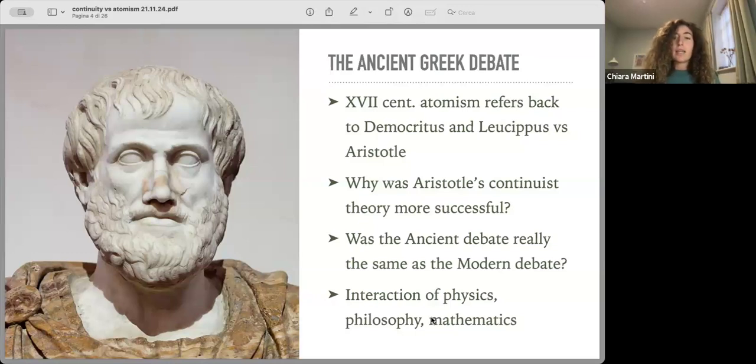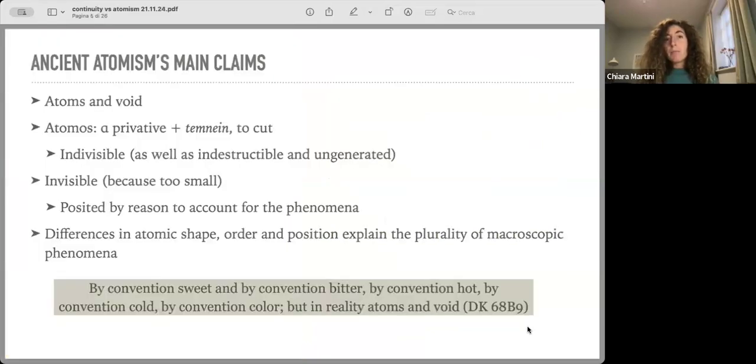And in so doing, I think we might find an occasion to think about the interaction between physics, philosophy, and mathematics, and how our presuppositions about how these disciplines should look influence the content of our theories. Okay, so that was to explain a little bit what we're doing and why,